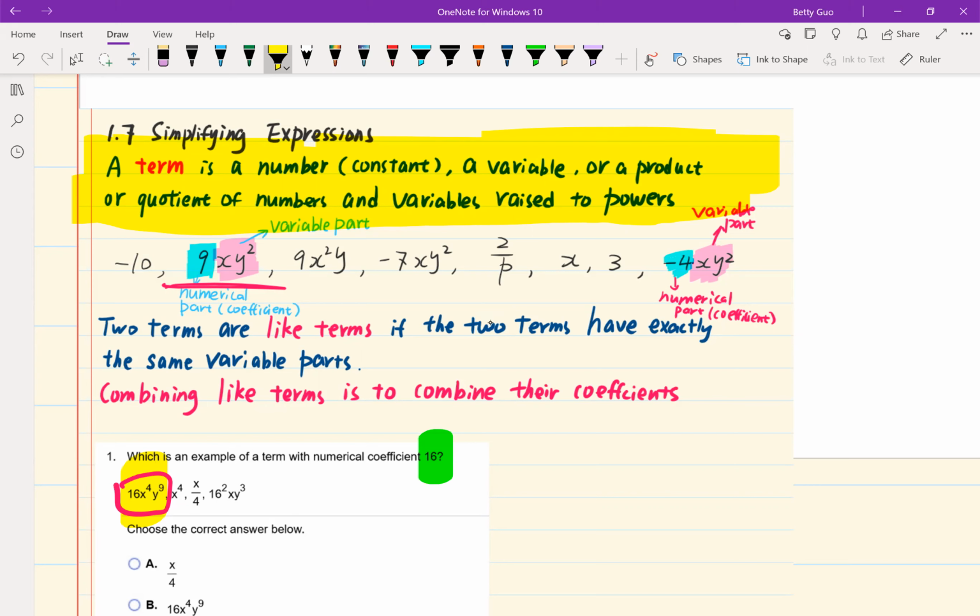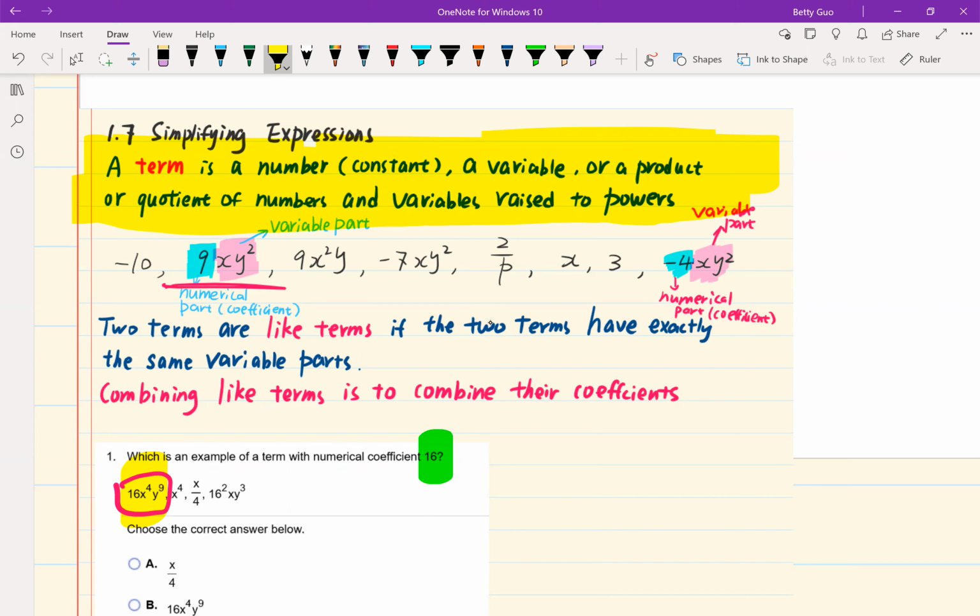A term is a number. A single number is a term. Or a single variable, like here, variable x. A single variable is also a term. Or a product or quotient of numbers and variables raised to powers. Like this one: 9 times, 9 is a number, multiplied by variable x, multiplied by variable y to the power